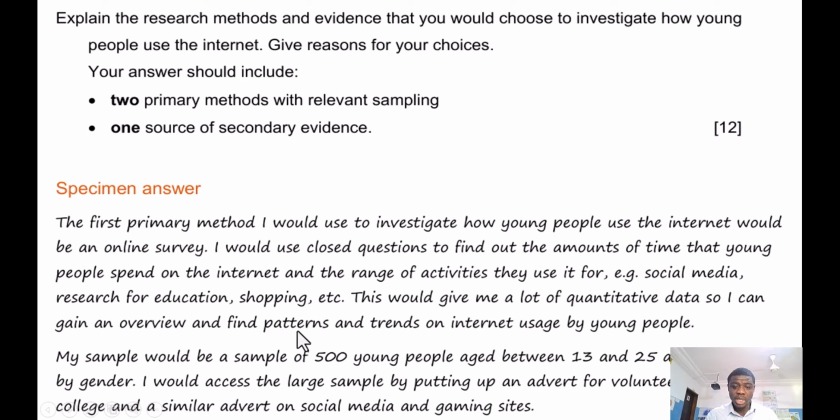And so you see, these are the key terms: patterns and trends, quantitative data. We talk about closed questions. So these are the things that they want you to use. If you look at the